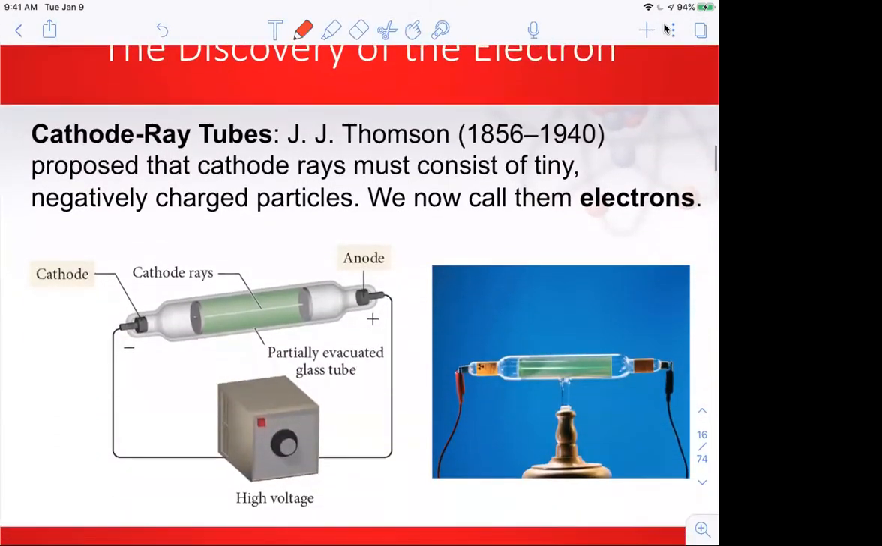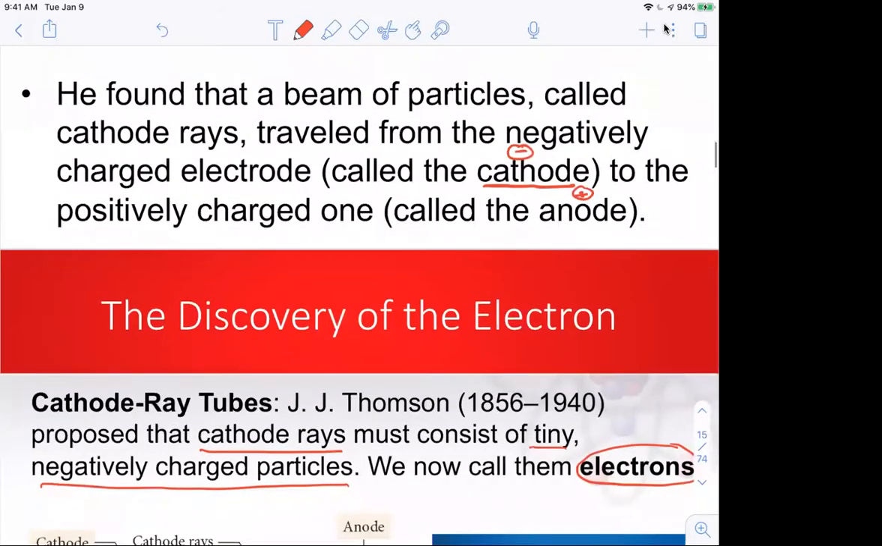So this is what it looked like. He's got the cathode, which is negatively charged, the anode, which is positively charged, and this stream of negatively charged particles flowed in this direction. So this stream was actually a stream of electrons, and those cathode rays actually consist of those tiny negatively charged particles. So now we know that this was a stream of electrons that